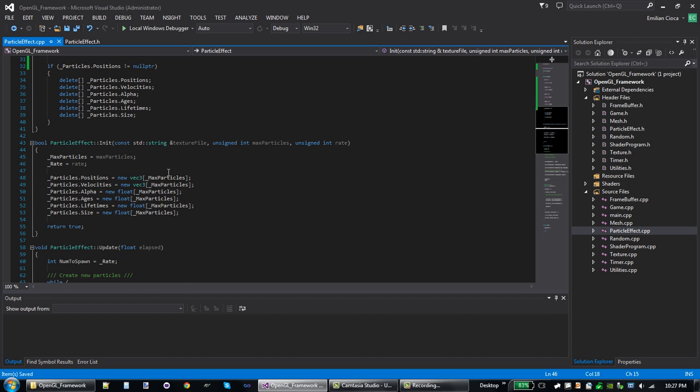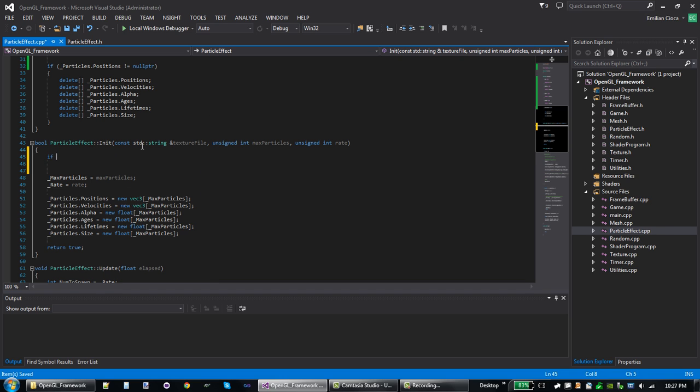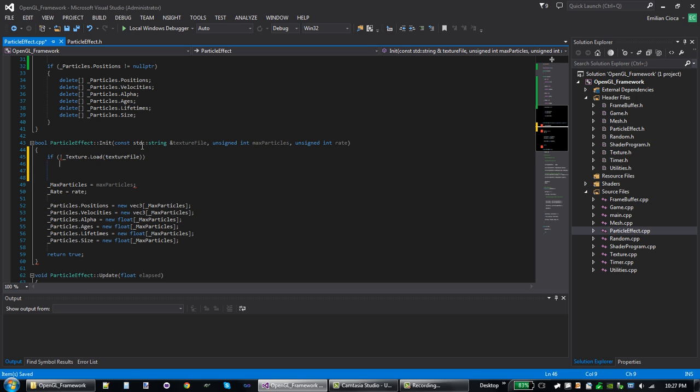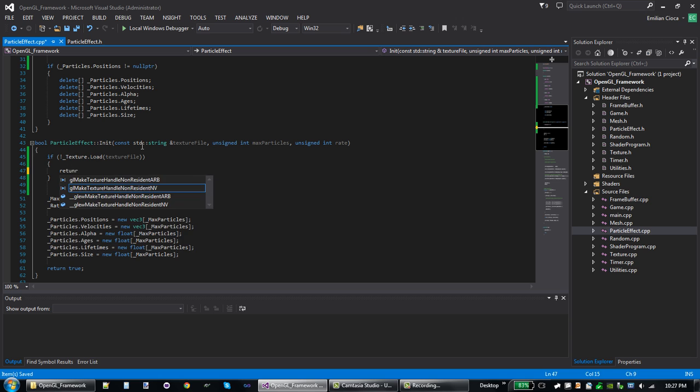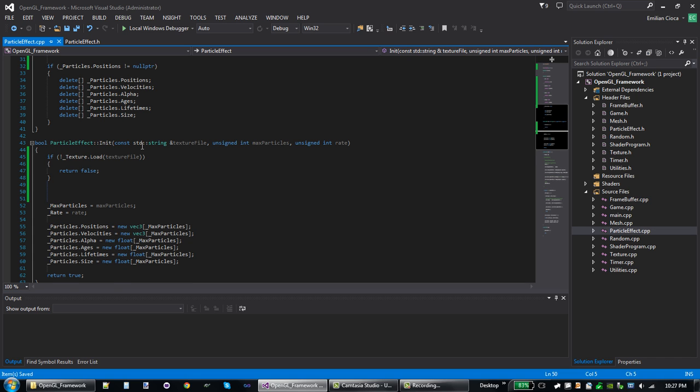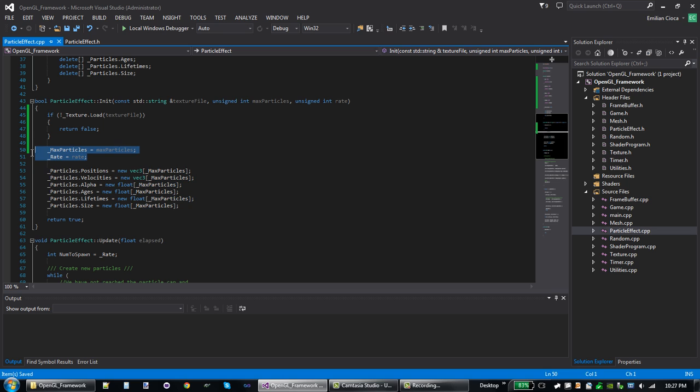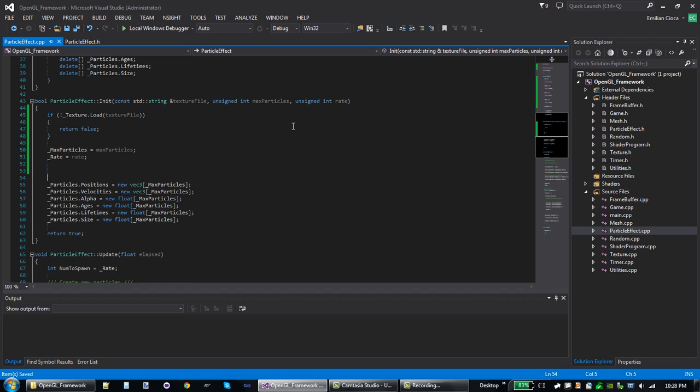Let's go down to init. A bunch is going to change here. So first of all, this incoming texture file we're going to want to load, so let's make sure it doesn't fail. And let's texture dot load texture file, as you might imagine. If it doesn't work, then we're inside this if statement, and we're going to want to return false and not continue. However, if it did work, we can go ahead and save the values of our max particle and our spawn rate. We can create the